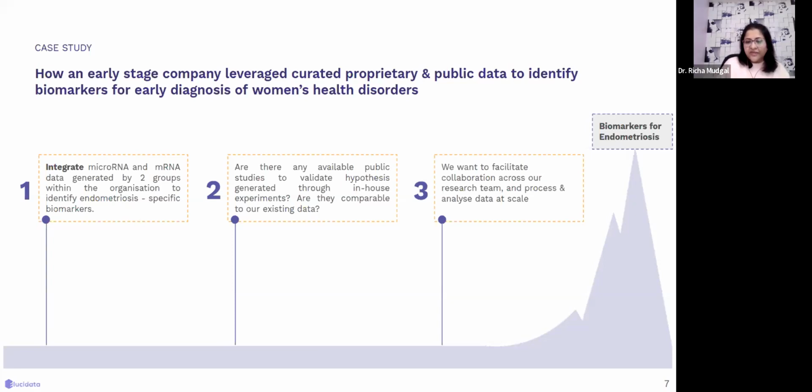This is a key problem that many people face: once they find something, in order to claim that it's truly novel, they really have to dig deep into the public resources and identify whether that research is really novel, or whether it's already known and validated in some way. And a third key point is that since they were an early stage company, collaboration across a centralized place to access all of the data together was a challenge in itself, and also the infrastructure to process data with a cloud platform.